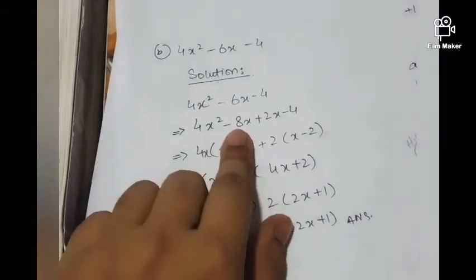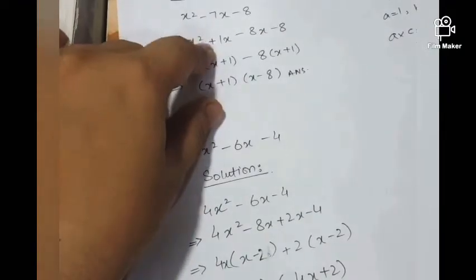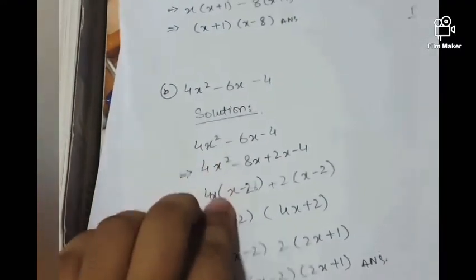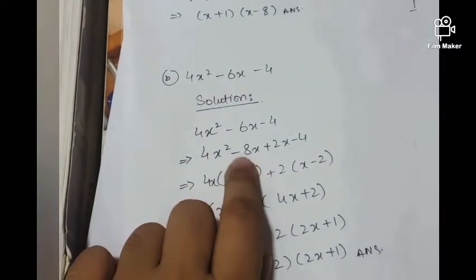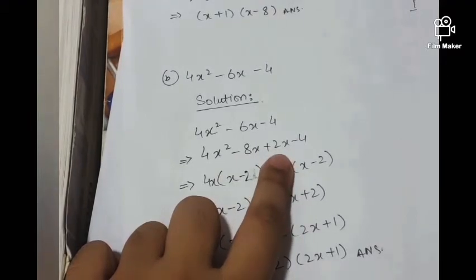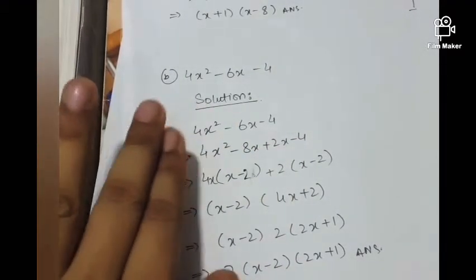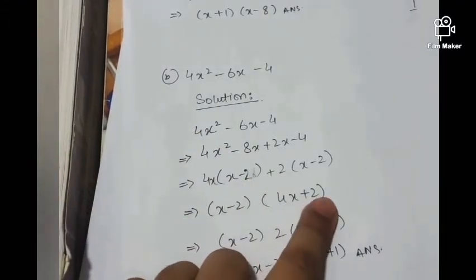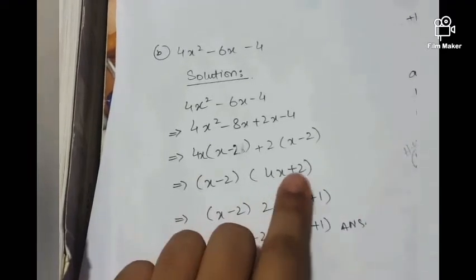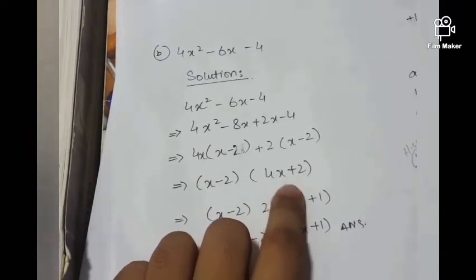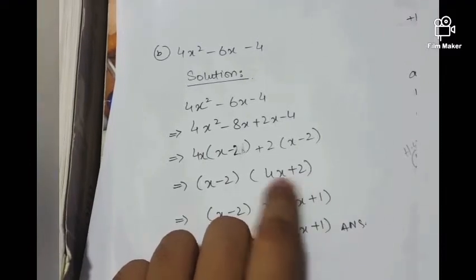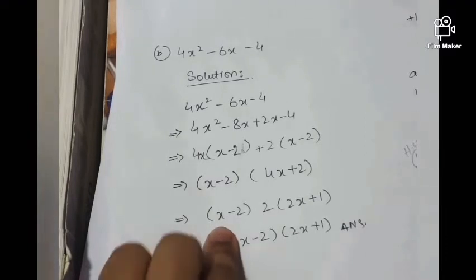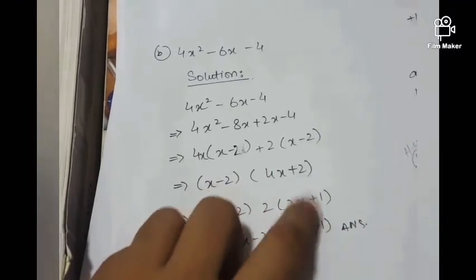Okay, now see, in the first case I have taken the plus sign first and the negative sign next time, and in this question I have taken the minus factor first and a positive factor in the second place. It doesn't matter, order changes of the factors does not matter. Now x minus 2 and 4x plus 2. Now in this part you can see something is more common between these two terms, and that is 2. So I have taken the 2 common out, rewrite the bracket as it is, then 2 2s are 4, 2 1s are 2.